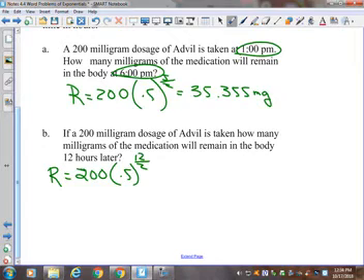So don't divide out fractions like that in your calculator. Just do them in your head and put it in, because it saves typing. So 200 times 0.5 to the 6th power is 3.125